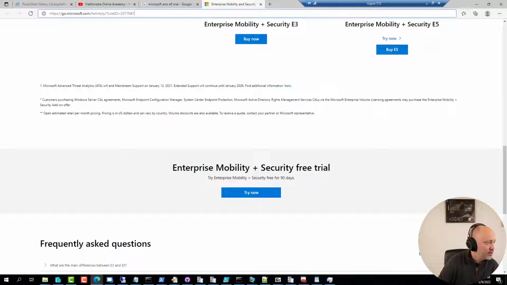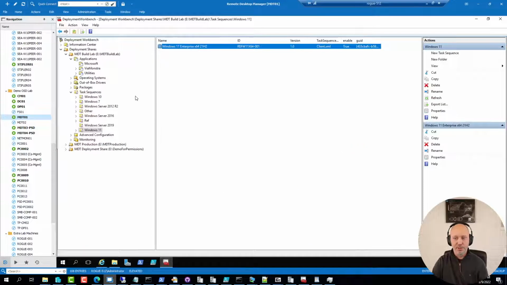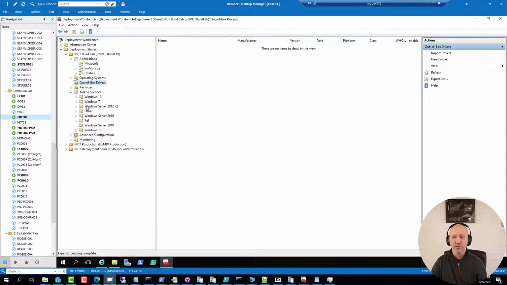Matt is asking, in the sequence, is there a way to limit drivers? I'm working for a company that has a bunch of different models and therefore different drivers. In my opinion, and this has been the case for the last 2 decades, I like what's called the total control method of drivers, meaning that you have one driver package per model. What I don't like seeing is where, if you're doing MDT deployments, you just import every driver you have into the out-of-box drivers,